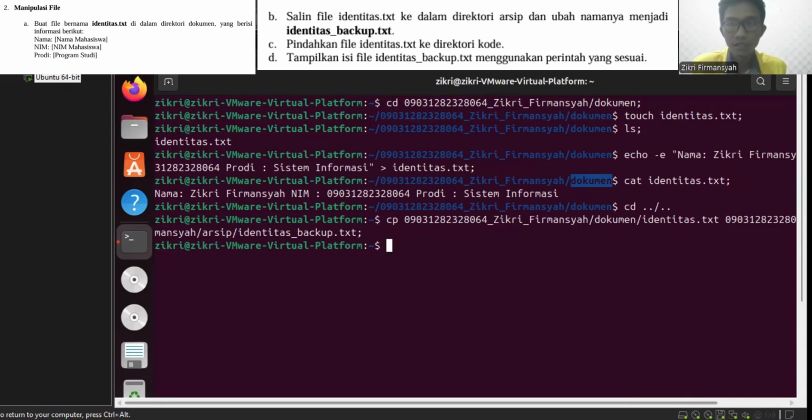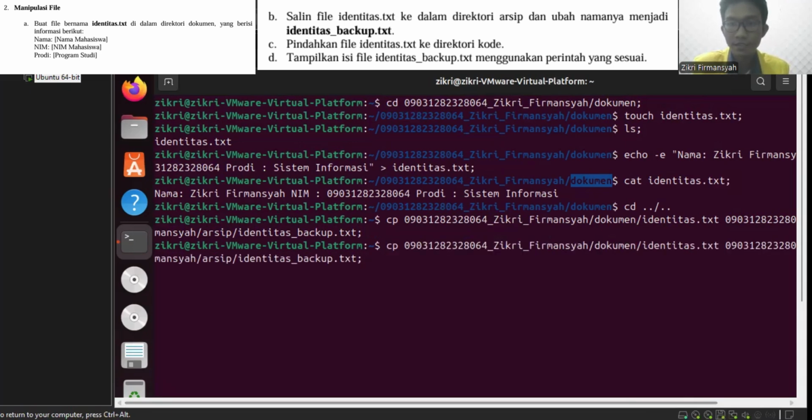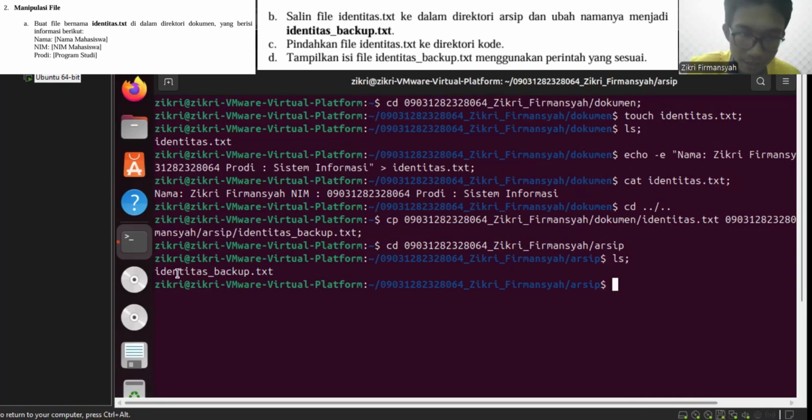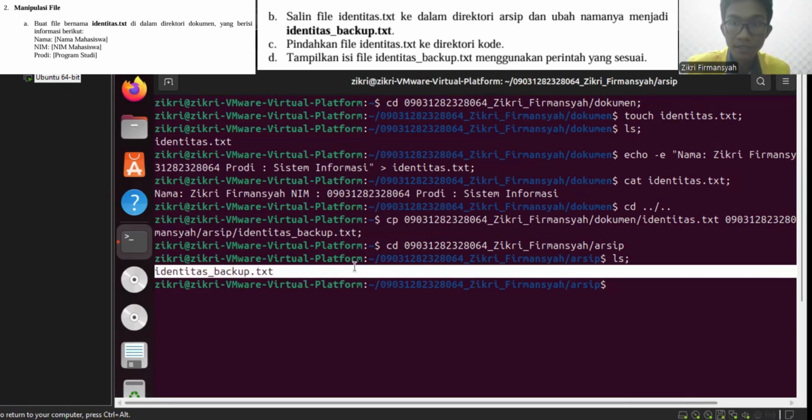Okay, now we will check the file that has been copied before, using cd into the archive directory. We display. As you can see, the copied file is inside the archive directory.